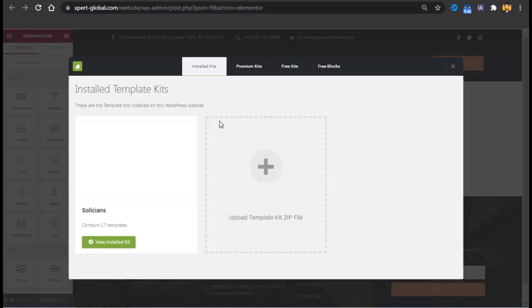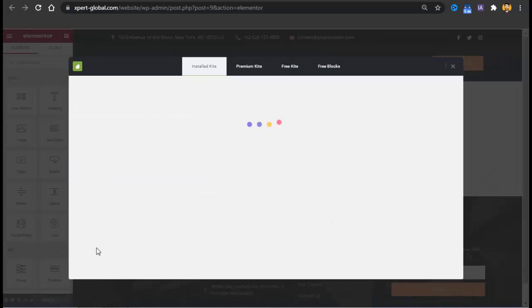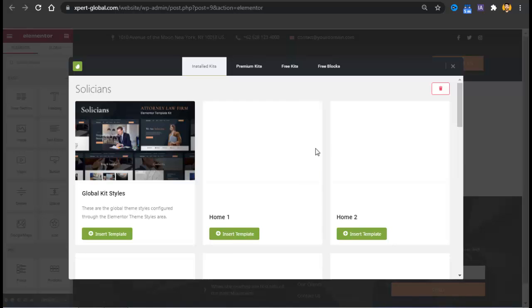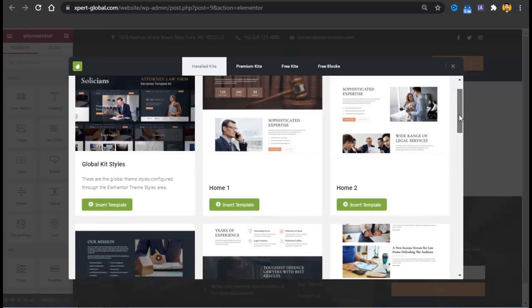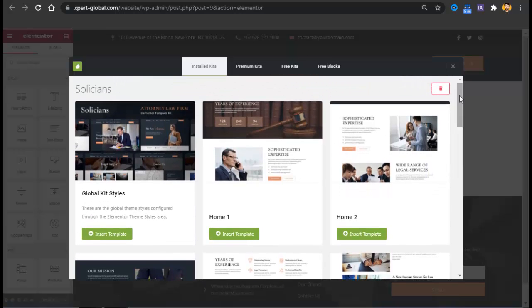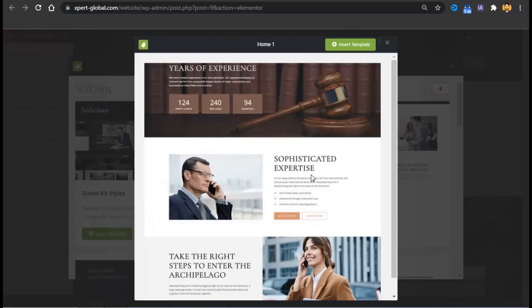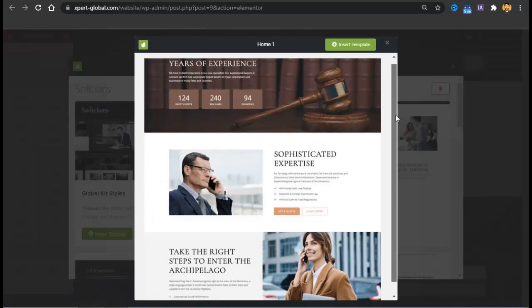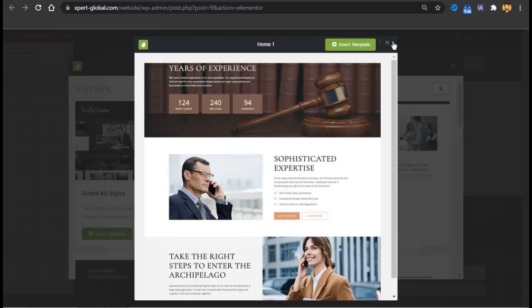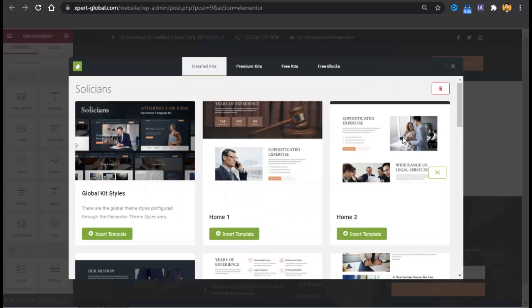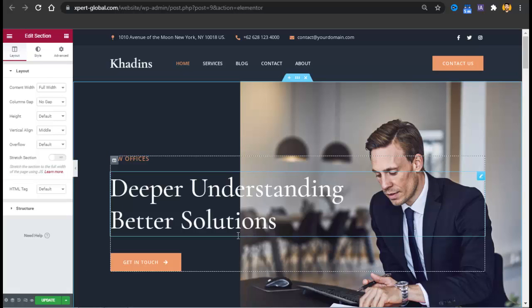Just repeat the process, click on that white leaf and go to solutions, and after going to solutions just check out for home page, and I will install home. Which home will I install? I'll install home 2. Okay, I'll just install home 1. I just checked it, this is actually home 1, so I'll insert this template and click on insert, and it would take less than a minute to get imported, and after it is imported we'll continue the process.